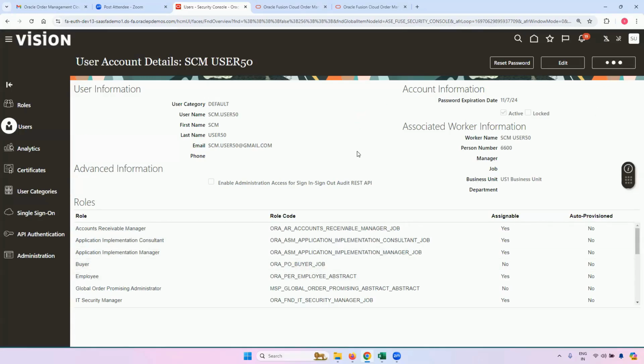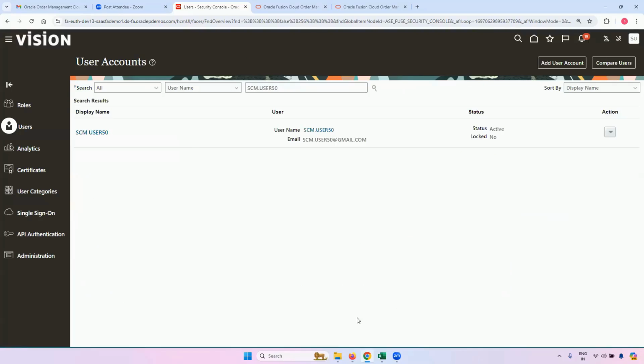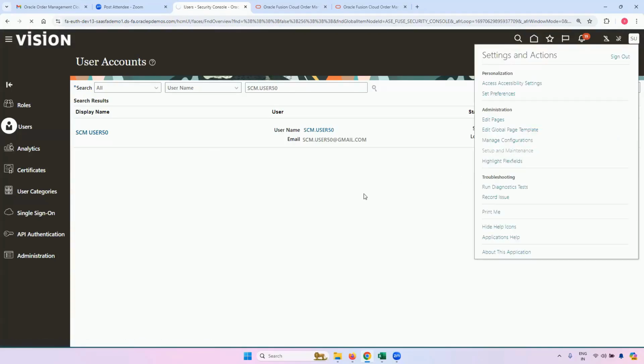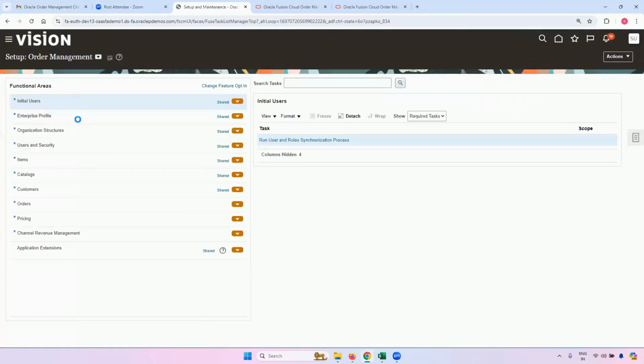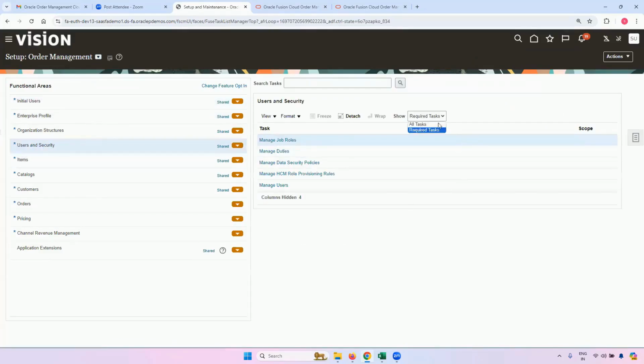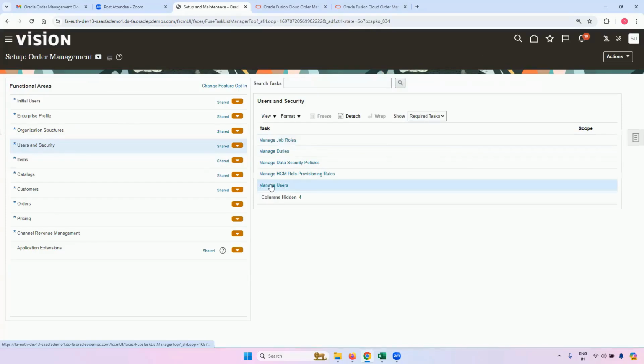It is useful only when you want to create an implementation user; you can create a user from here, add user account. But if you want to create a business user, then you have to go to setup and maintenance. Under each offering, you have this user and security functional area. If you go to this one, manage users, this is the task to create any business user.